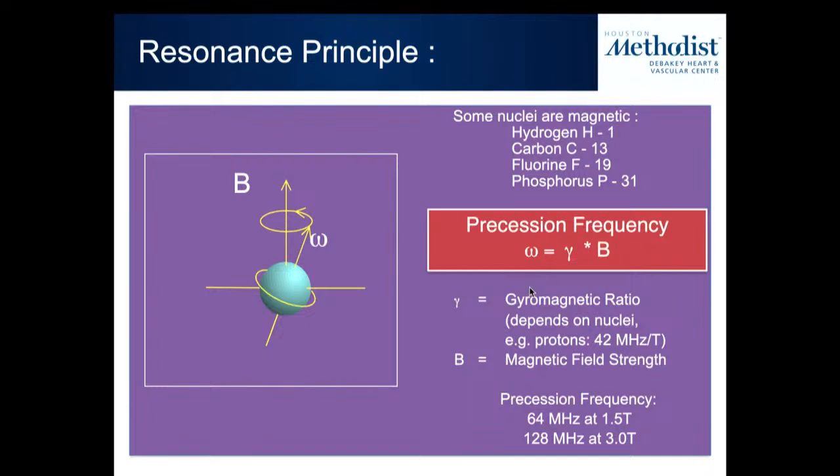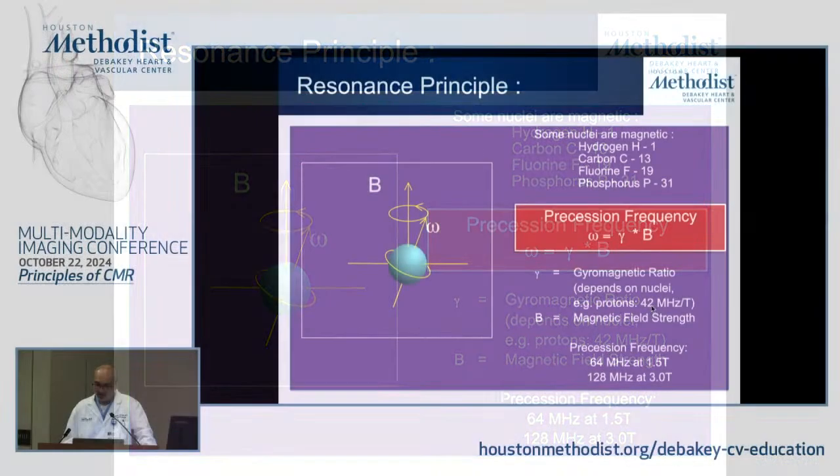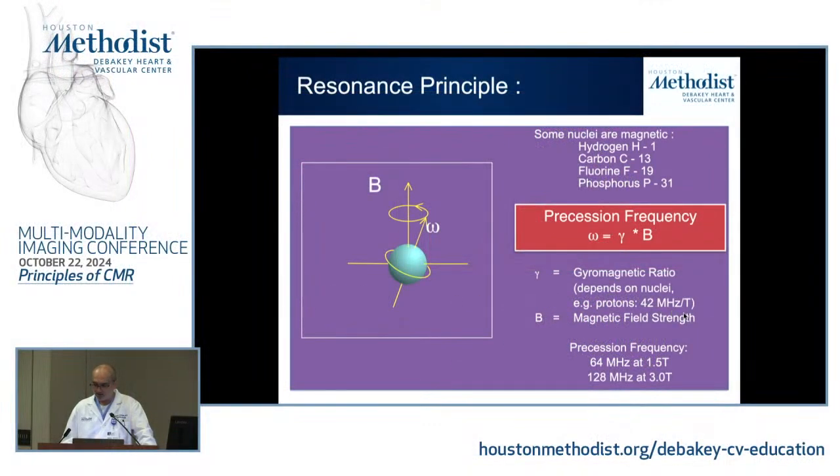The Larmor equation really says that protons, when they're in a magnetic field, spin at a frequency equal to the local magnetic field strength times a ratio called the gyromagnetic ratio. That ratio will differ depending upon if it's hydrogen versus carbon versus oxygen or anything else. But for hydrogen, which is what we do most of our imaging in, it is